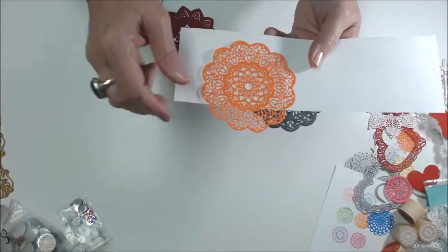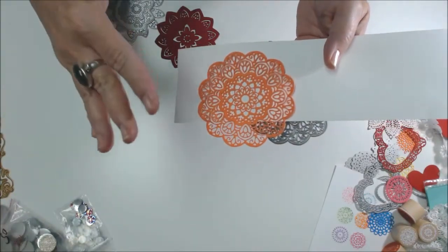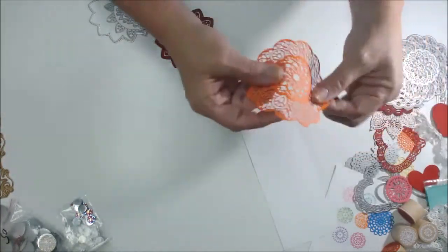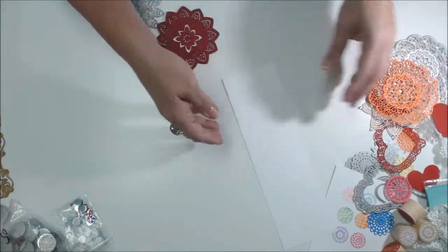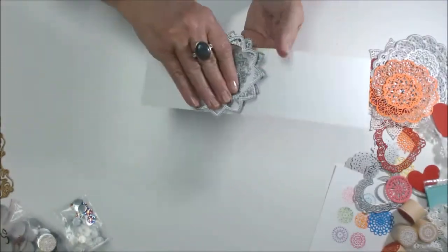I don't know why I was on a doily kick. You know, you can buy doilies from any store and color them any color you want, but I had to have these dies because they're pretty. Okay, isn't that gorgeous? And a doily you cut yourself is not near as fragile as those paper ones you buy. And I like that it's a doily all the way to the center. Okay, there's my explanation why I spent the money. Anyway, okay, and then this set of doilies,